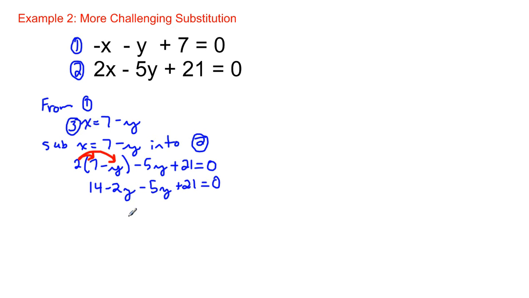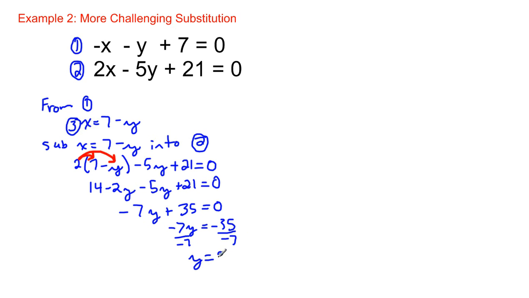I can now collect like terms, and I'm going to get negative 7y plus 35 equals 0. I can now bring this constant term 35 to the other side, or I could bring this negative 7y to the other side. Really doesn't matter which I do. Just make sure that you are not making a mistake with the signs here. Okay, so I left the negative 7y on the left hand side. If I would have brought that over, I would have had two positive values. Really doesn't matter here. I can now go about dividing each side by negative 7,